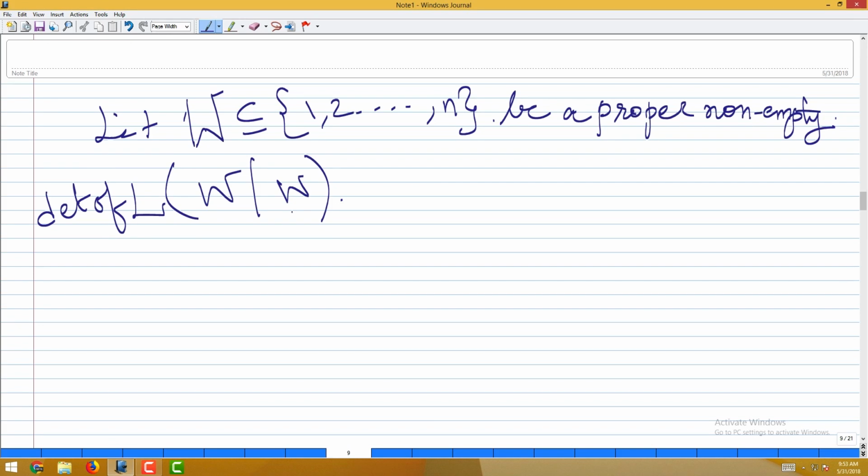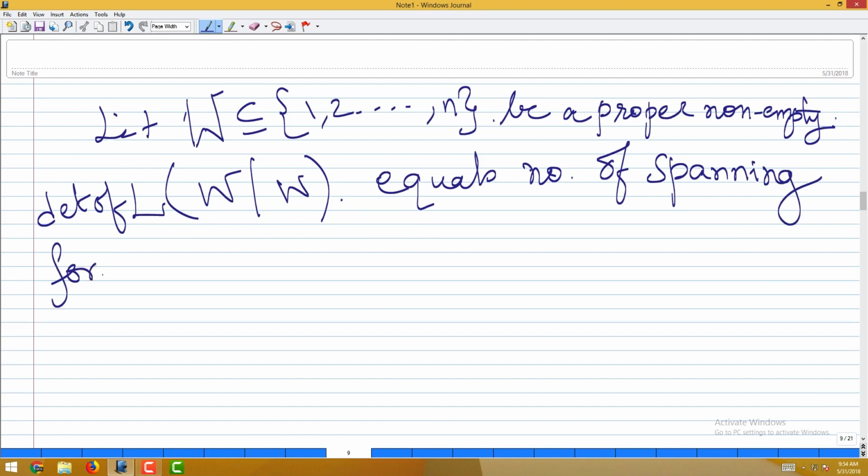In principal minors what you do? If I say I take L of W comma W, then I mean that I take W rows and W columns and look at it as a submatrix, right. Now, what we are doing is we are deleting those W rows and columns, and then we are looking at the determinant of that remaining matrix, okay. So, this equals the number of spanning forests of G, okay, with